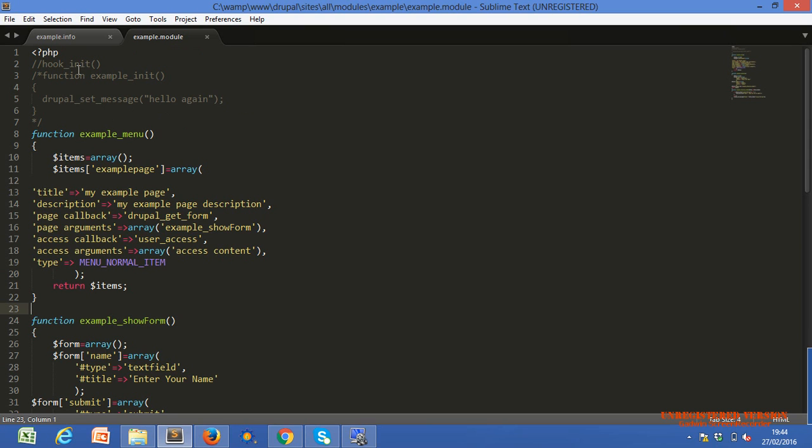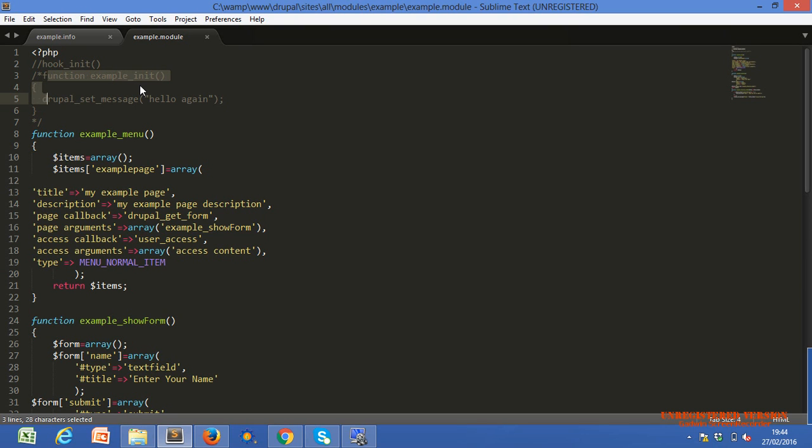If we use example init, then on every page initialization it will run this function. Why? Because our module is enabled, so this function will run for every page initialization. We use example underscore init, and this function will execute with the help of hooks.